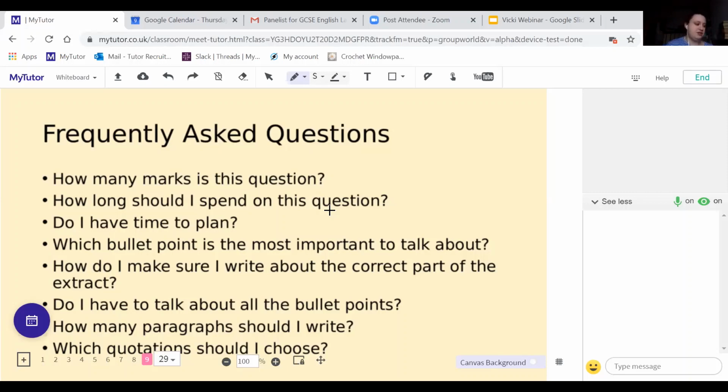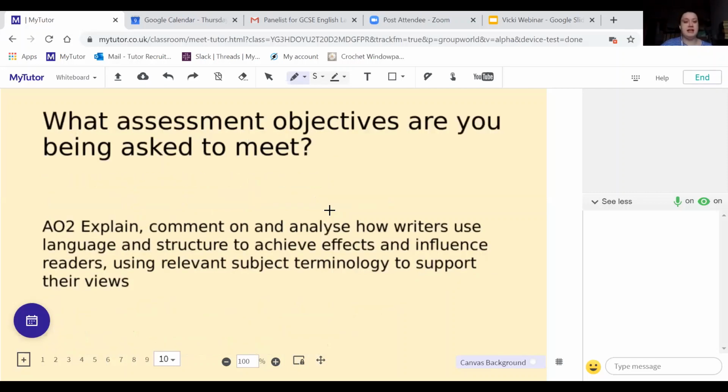Which quotations should I use? Throughout the week, I've been using quotations which are really rich, which have more than one language feature that I can talk about, or has a really interesting word which I can take further. So if you've got a quotation which you think, oh, there's alliteration there and there's personification, and I can link that to that other quotation which uses a metaphor, do that, because the more you can get out of a single quotation, the better. The more detail you can go into, the more you can talk about, the better in terms of the marks you will receive.